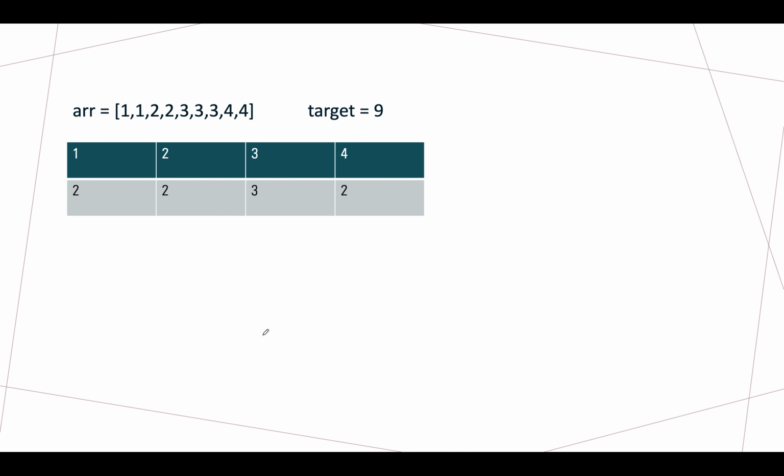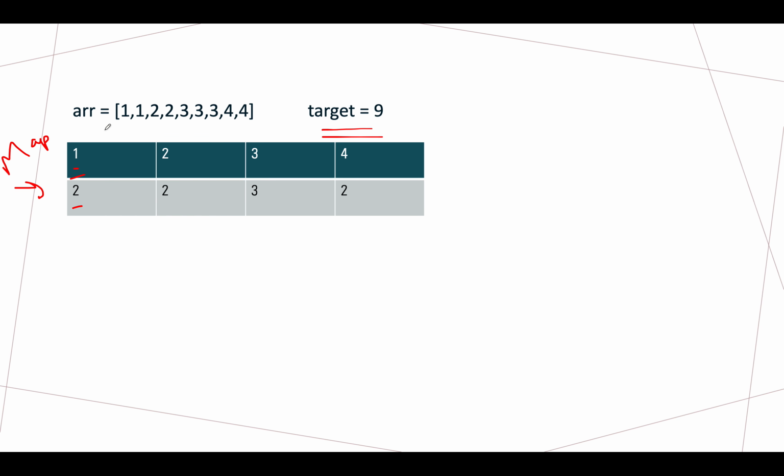So now comes the question. I have taken another example where I'll be using all these 3 cases and deriving the solution. The first thing that I'm going to do is build a frequency map where the key is the element and the value is the frequency. So we have 1 once, 2 twice, 3 thrice, and 4 twice. So this is our map that we have created using this input array, and the target that we are interested in is 9. So let's start the iteration.